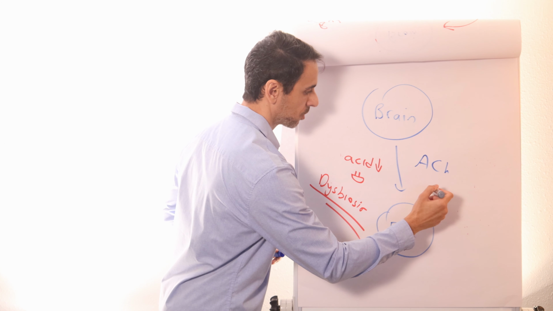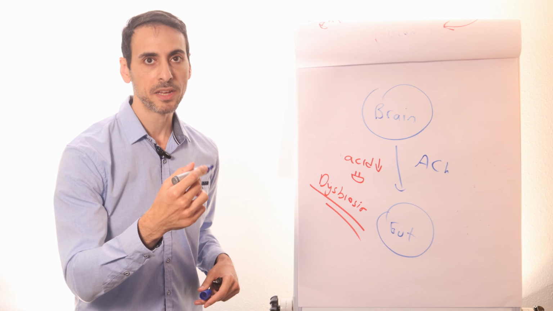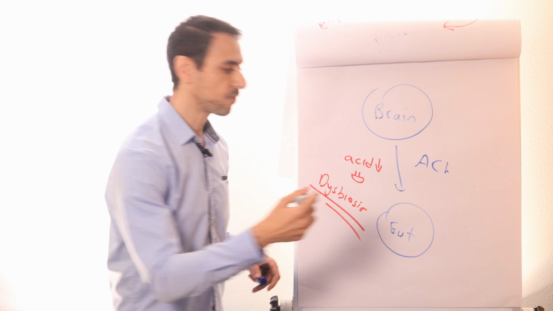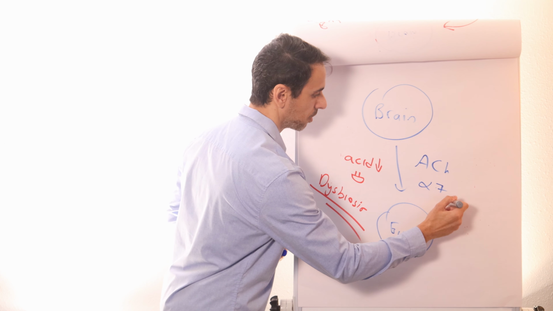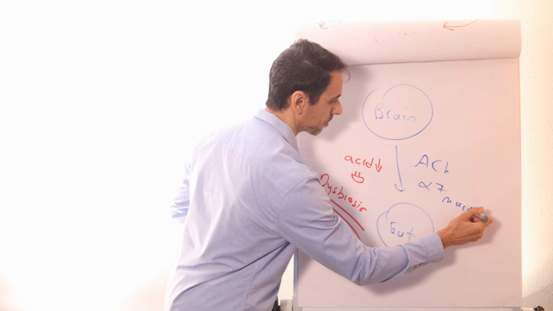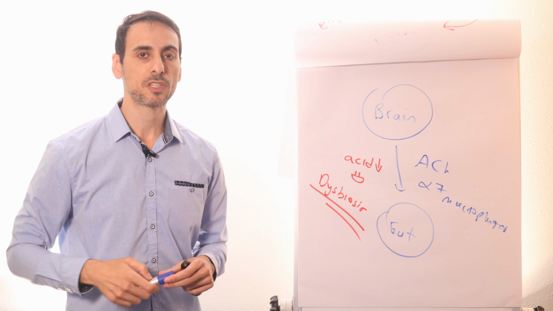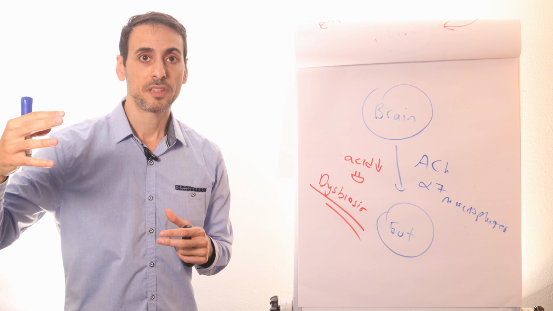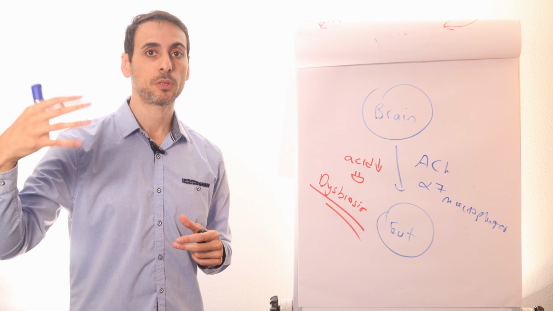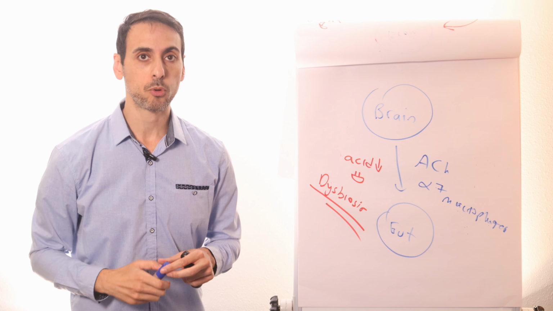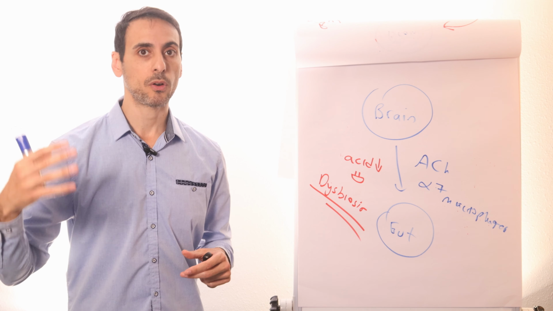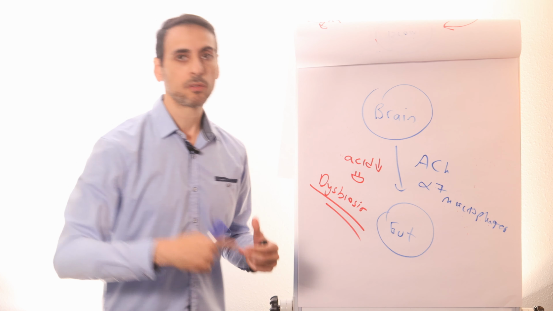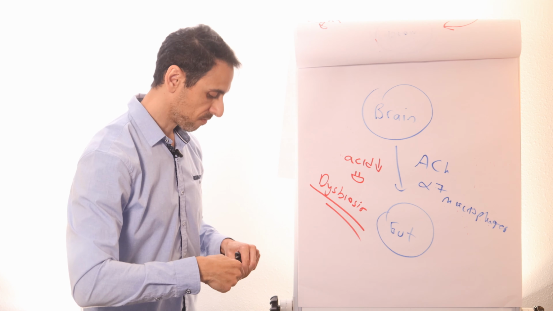So this will bind to the alpha-7 receptors on the macrophages. And what this will do is essentially inhibit the expression and the release of pro-inflammatory cytokines, such as tumor necrosis factor alpha or interleukin-6, which again creates an inflammatory environment in our